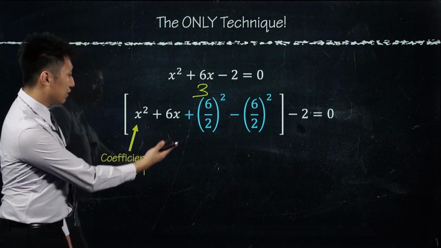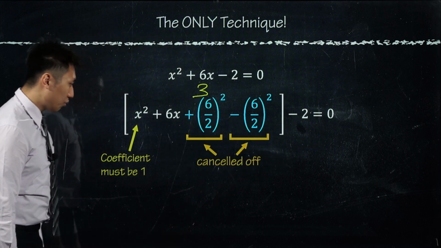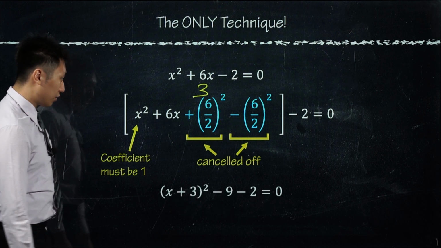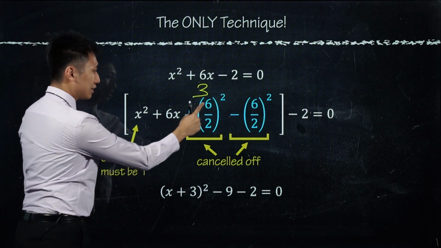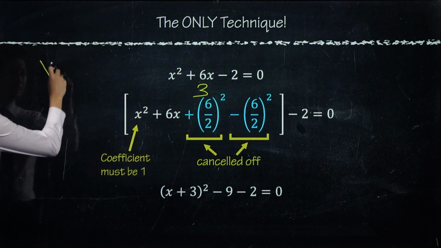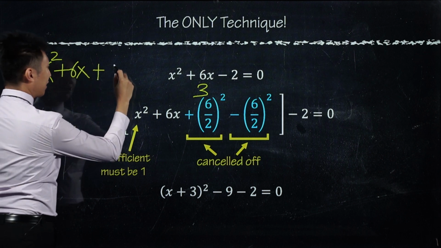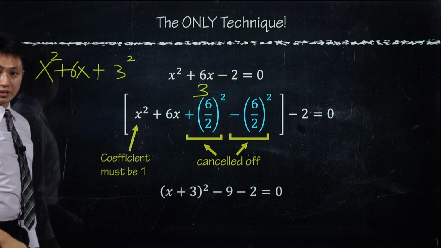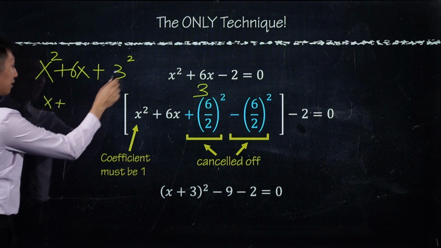Then you have to combine the first 3 terms on the left hand side and these 2 terms on the right hand side. So what do you do? You take these 3 terms together, x² + 6x + (6/2)², or I straight write this one, 6x plus 3². What you do is that you see here is plus, so it will be x plus this thing 3